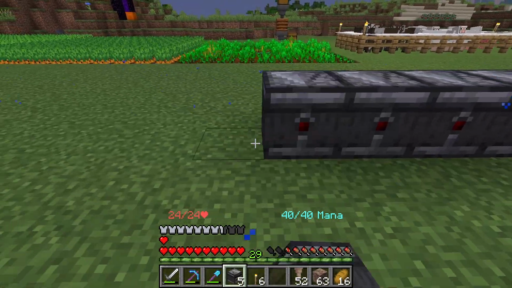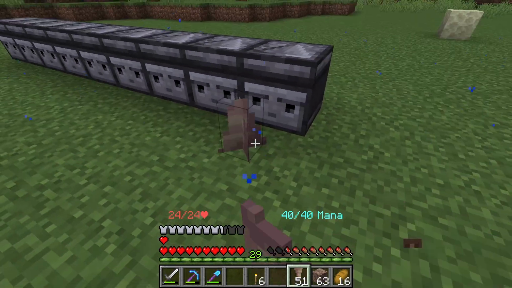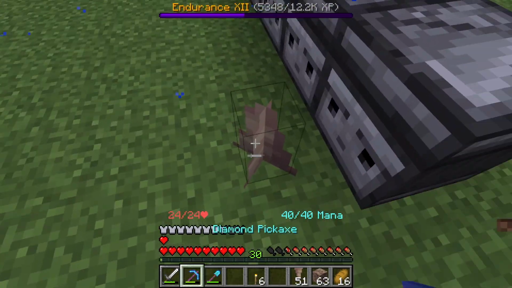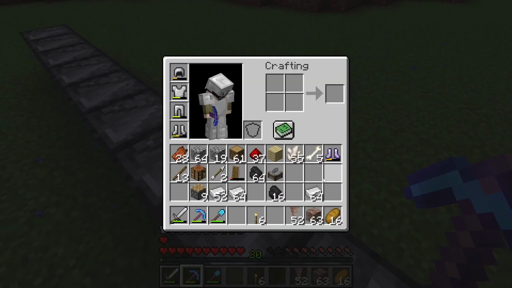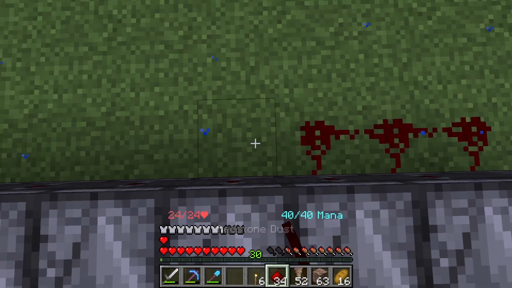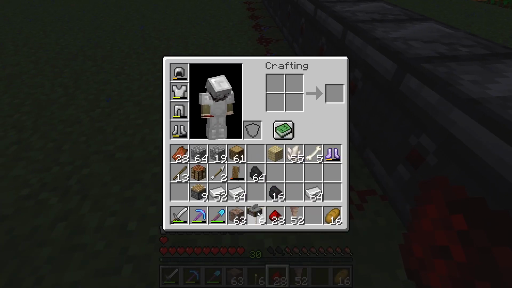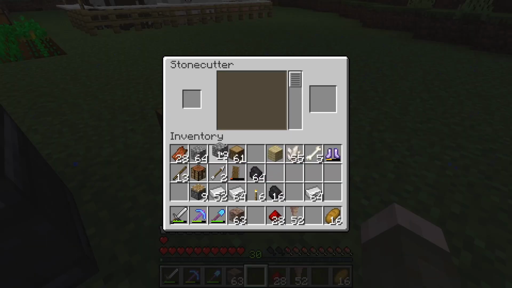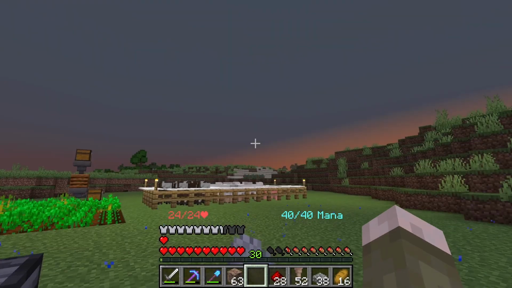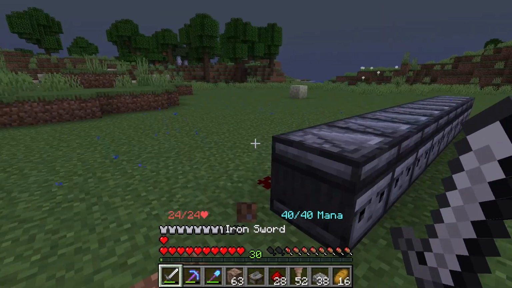So, we'll set these up here. You see the plan is for the gypsum to grow, and when it grows, it triggers that. So, then we need that. And this is where this comes in. And that's the sun setting, so let me go...